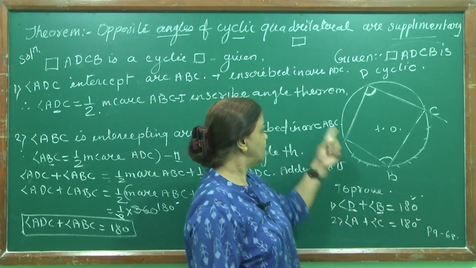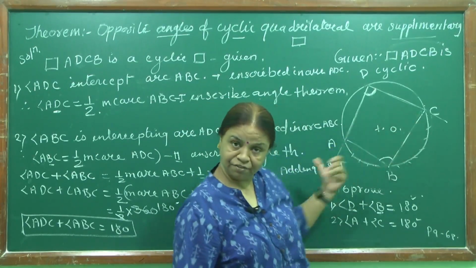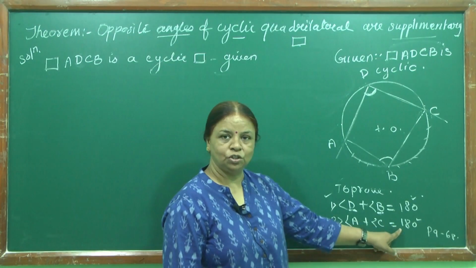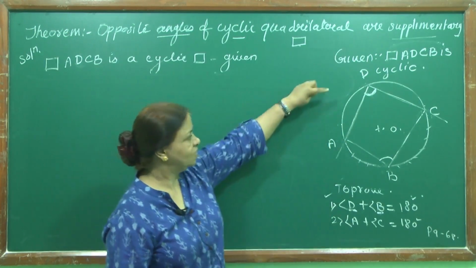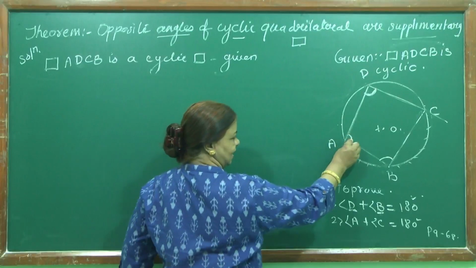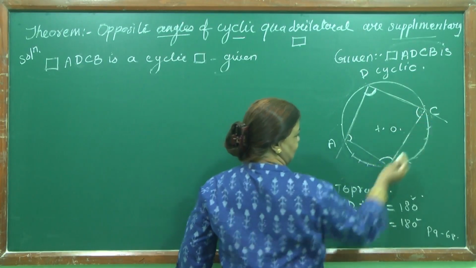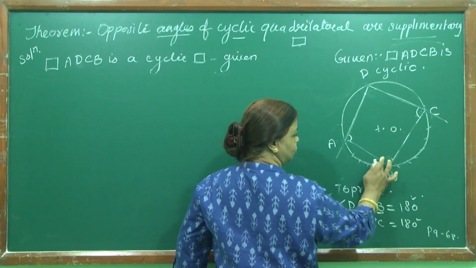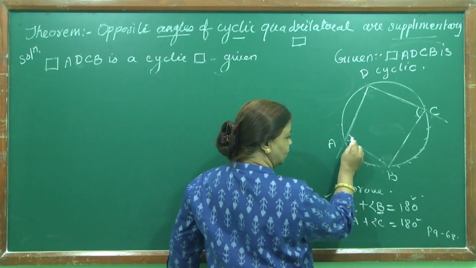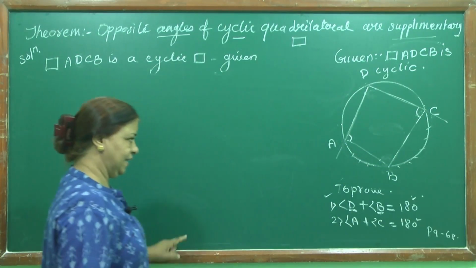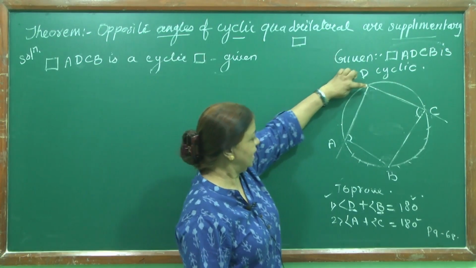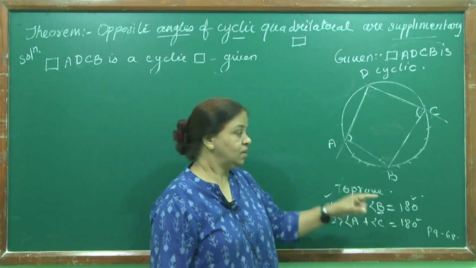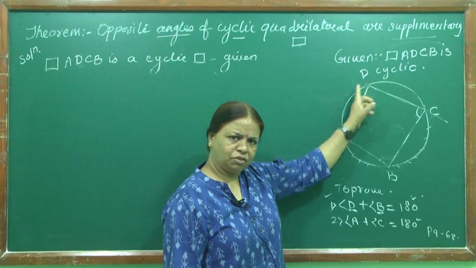Okay. Now similarly we can do this also. Now we will prove angle A plus angle C is equal to 180 degree. For that, we have to see where is angle A. This is angle A. Where is angle C? This is angle C. So now we want to prove these two angles. Let me rub this so it doesn't create any confusion. Now this angle plus this angle is equal to 180 degree. Now you see children, how to name this angle A? DAB or BAD. From any side you can start.